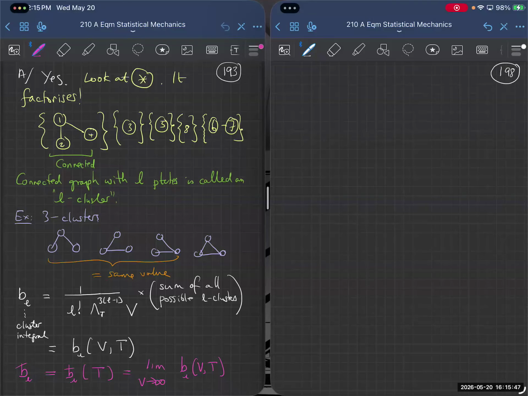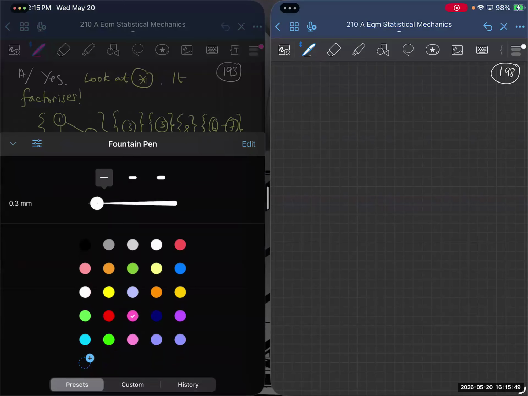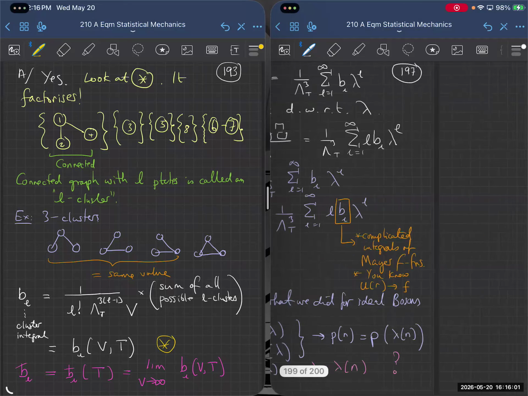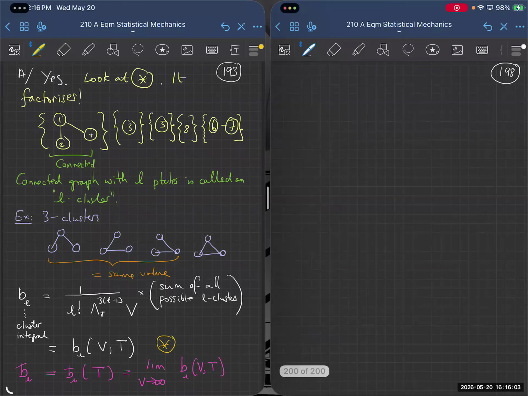Look on the left-hand side. What you can see is that the B's are not just functions of temperature, but they're also functions of the volume. So then we get a complication, because B_L is a function of volume as well as temperature,